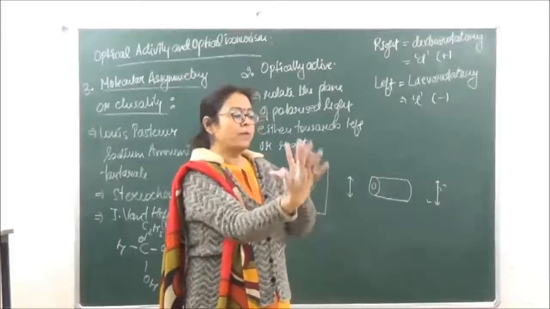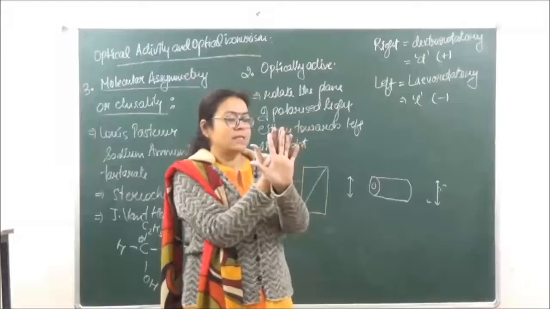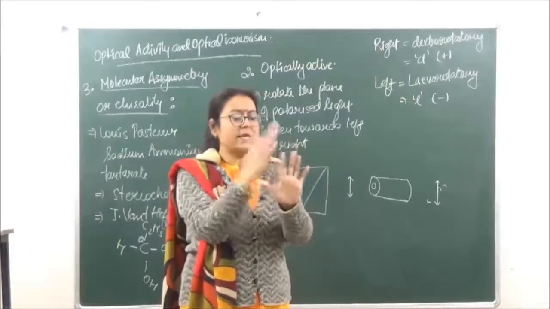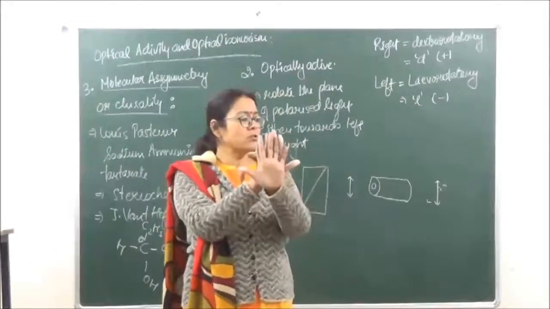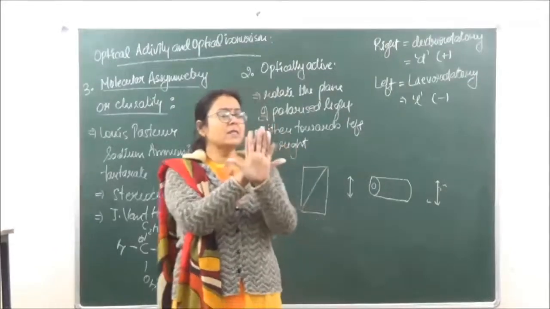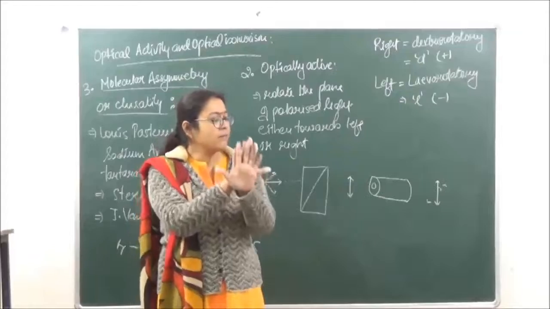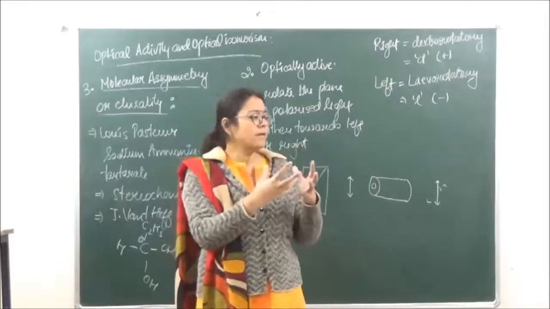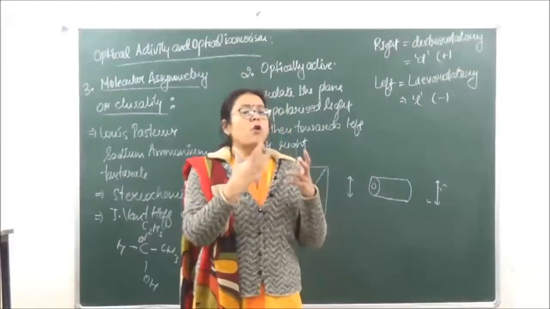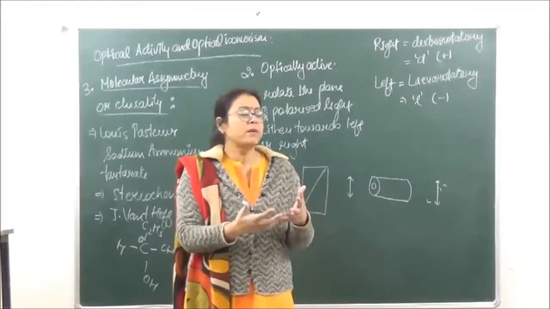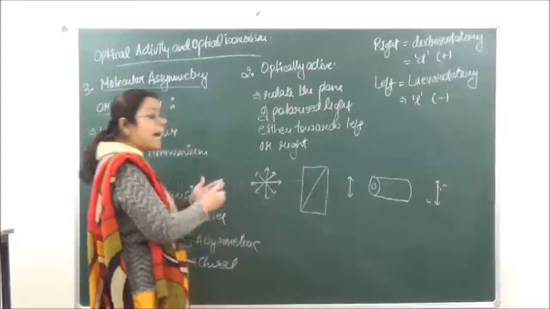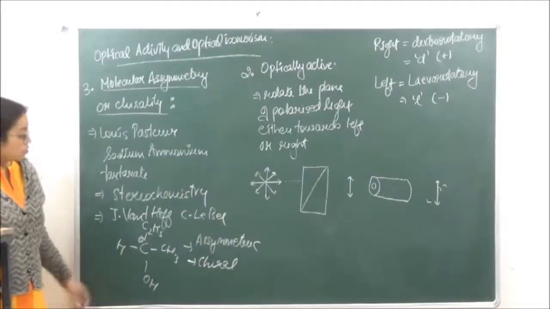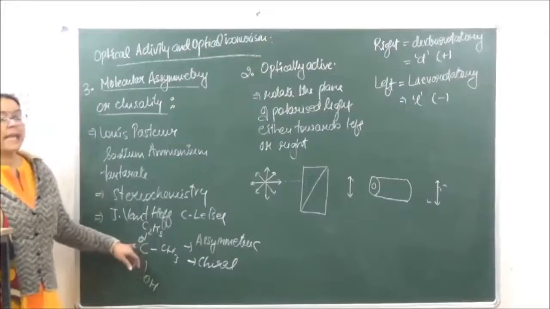Obviously you cannot superimpose it like this. So both the planes have to come on the same side. When you are superimposing this, you can see that the thumb is not coming on the thumb, and the fingers are not superimposing on the fingers. So this property of a hand to form a non-superimposable mirror image was known as handedness, or in Greek, chirality.